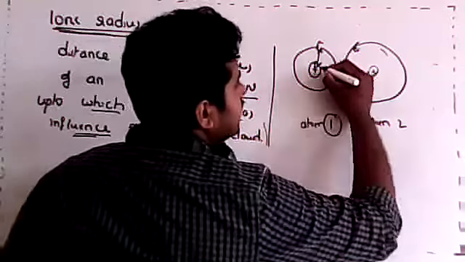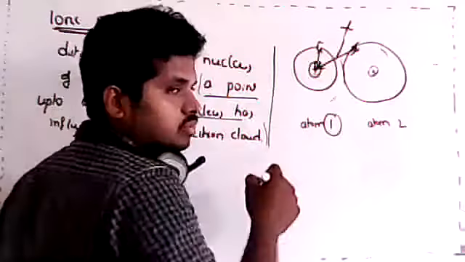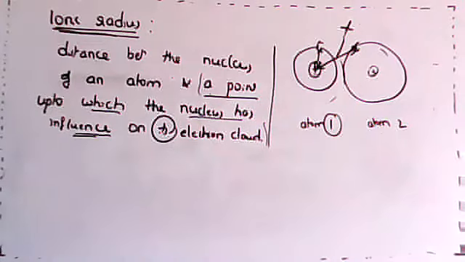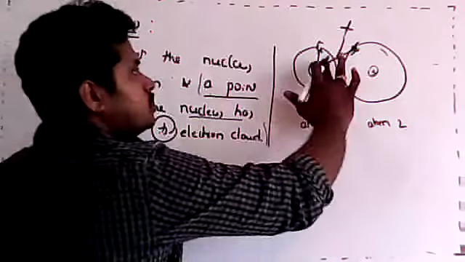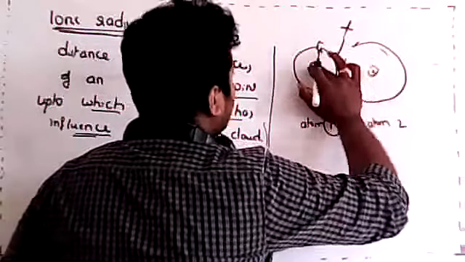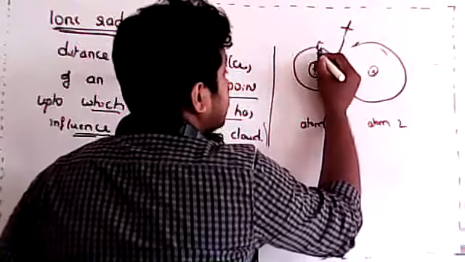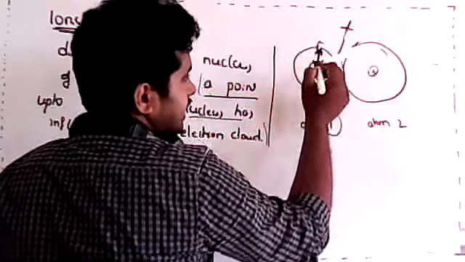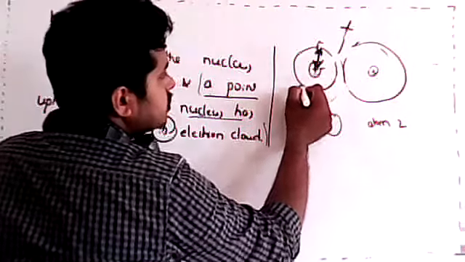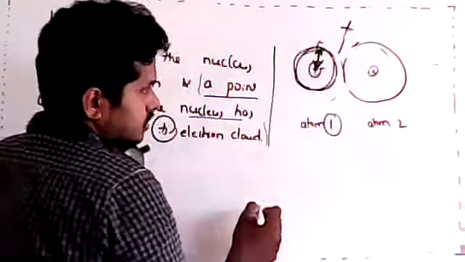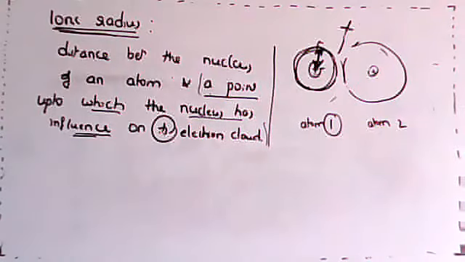Now I cannot say that this is the atomic radius. No, even though that electron was belonging to that atom, now it has lost it. While considering, I should not say that this is the atomic radius, sorry, ionic radius. This is the ionic radius, because now the nucleus has influence only up to this electron. Clear? Or should I explain once again?